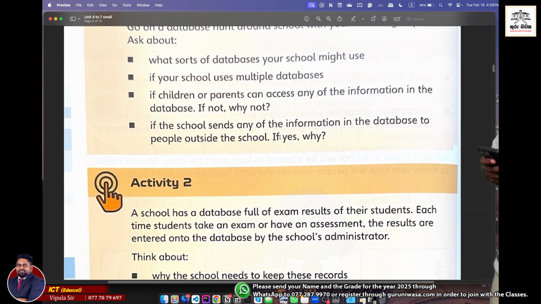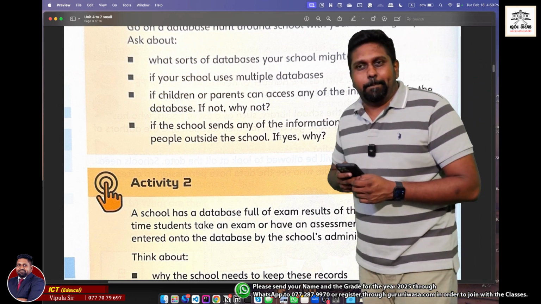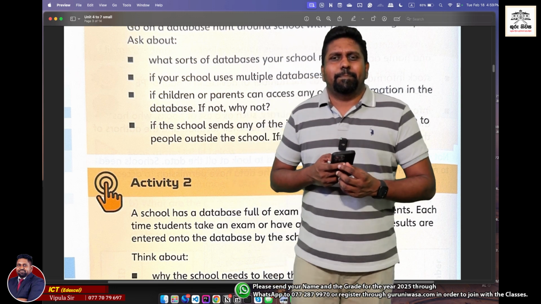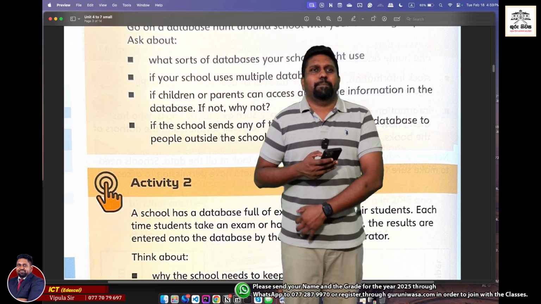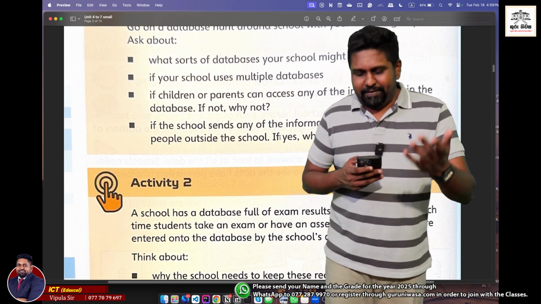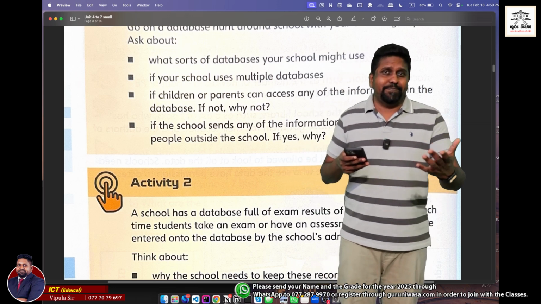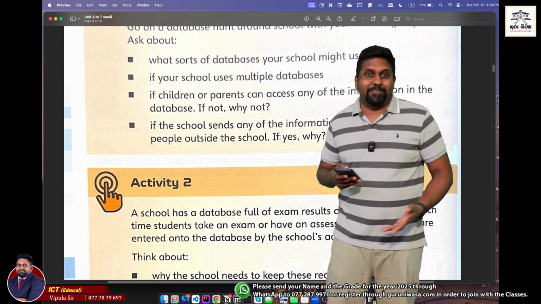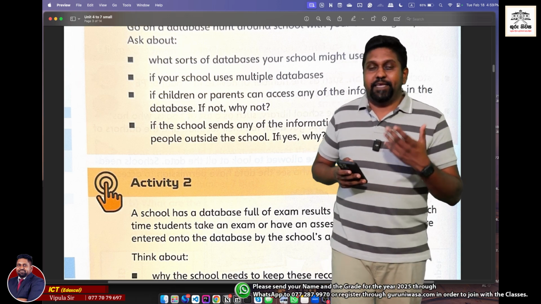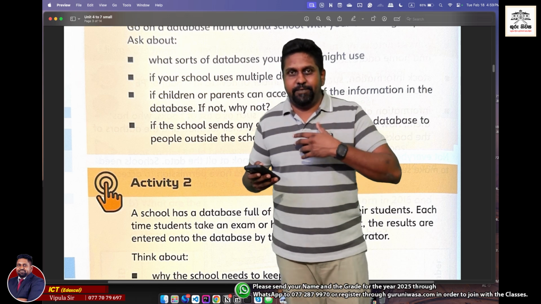Any suggestions? What type of databases can a school have? Okay, I'll tell you a few. Basic examples: a student database, obviously, and then there can be an inventory database, where all the furniture and all the